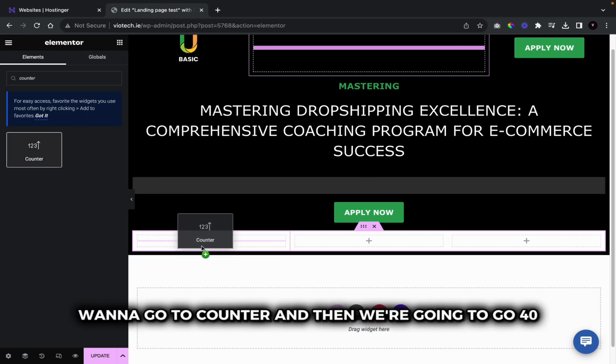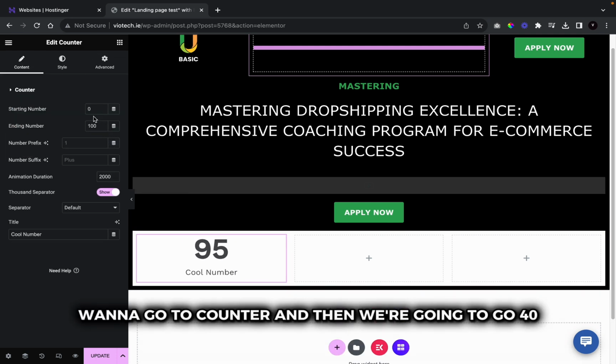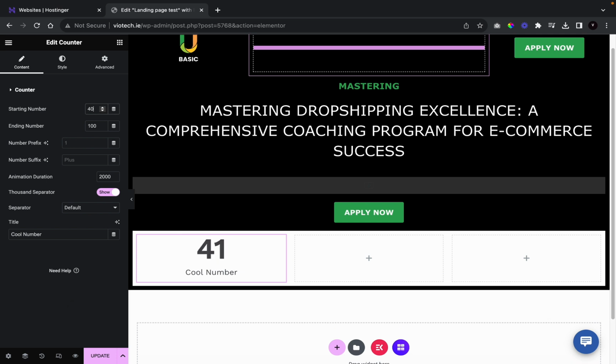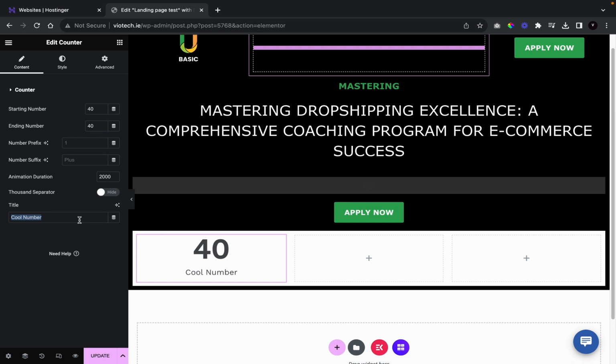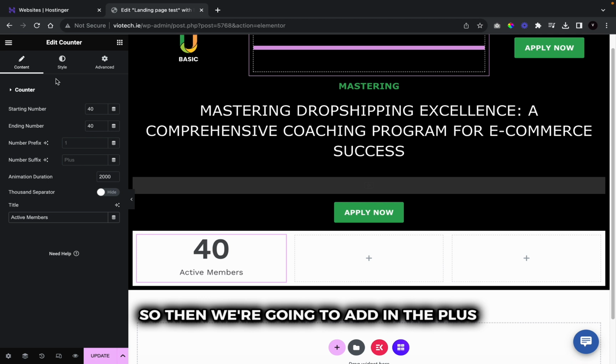We're going to go to counter and then we're going to go 40 here also, and we're just going to remove that, and then we're going to write in active members. Okay, so then we're going to add in the plus, so I'm just going to add in a plus